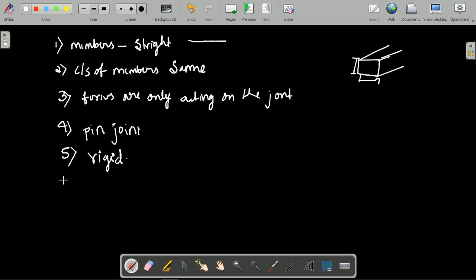And the types of forces: the members in the trusses are subjected to two types of forces, one is tension force and another one is compression, right? So one is tension and another one is compression. These are all the assumptions we make in the analysis of trusses: members are straight, cross section is the same, forces act only on the joints, whatever joint we provide is pin jointed, all the members are rigid. We are going to observe the two types of forces, that is tension